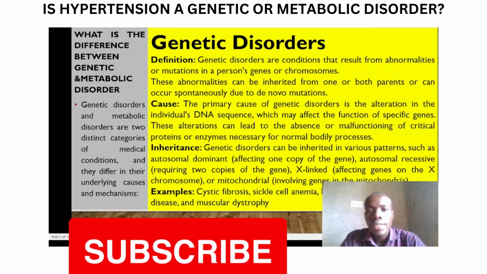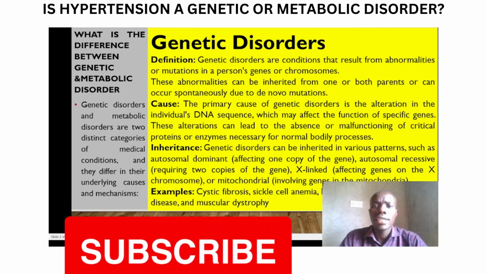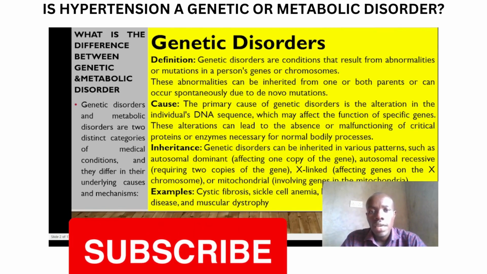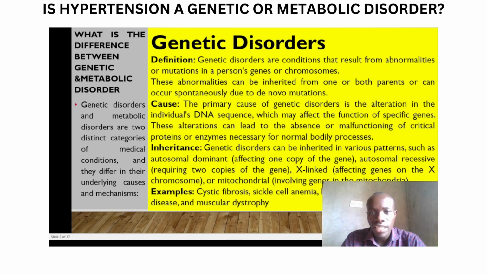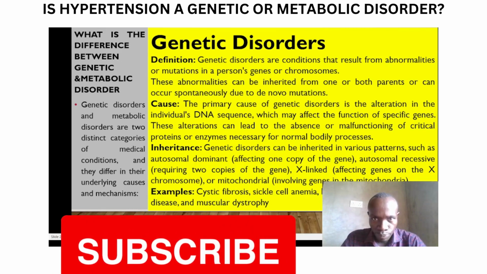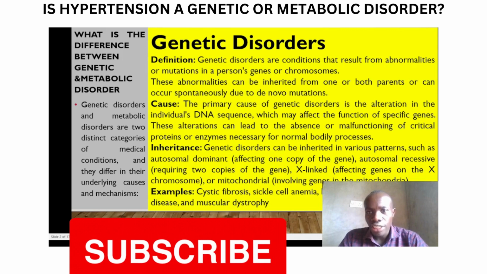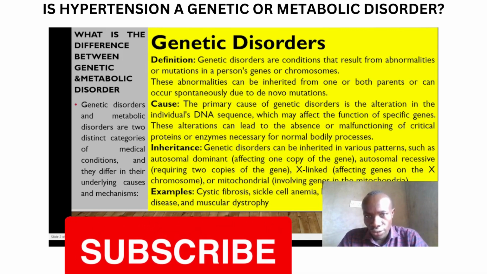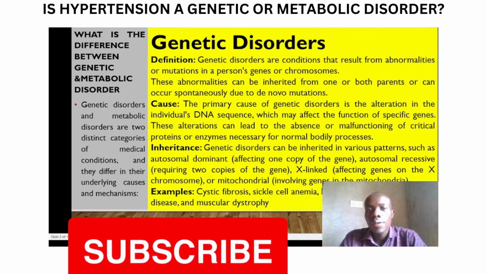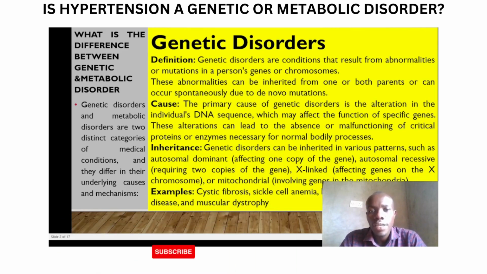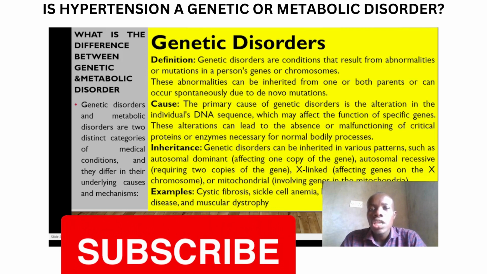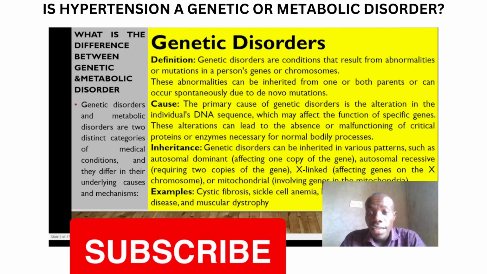So genetic disorders are conditions that result from abnormalities or mutations in a person's genes or chromosomes. These abnormalities can be inherited from one or both parents and can occur spontaneously due to a number of mutations. The primary cause of genetic disorders is alterations of an individual's DNA sequence, which can affect the function of specific genes. So these alterations can lead to the absence or malfunctioning of critical proteins or enzymes that normally are necessary for